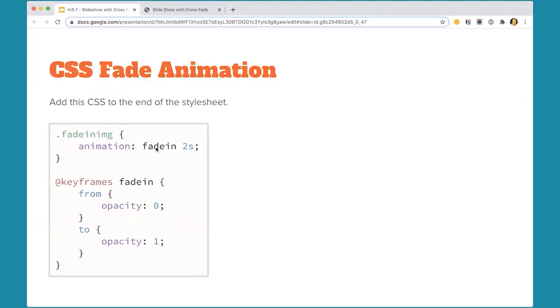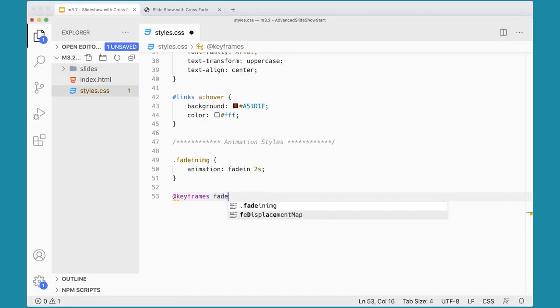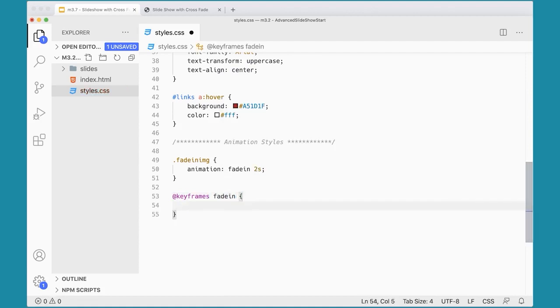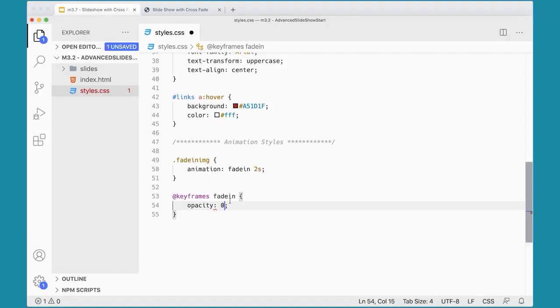function that will allow us to fade it in, an at keyframes function called fade in. So these two names have to match. So we'll add at keyframes fade in. And then we're going to go from opacity 0, oh, I forgot, from opacity 0 to opacity 1. So it's a very simple animation. You can make much more complex animations using this. Fade in